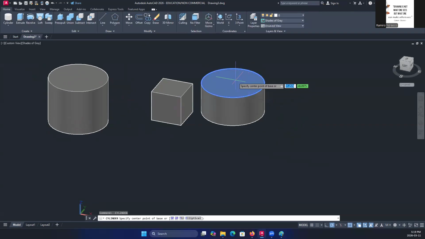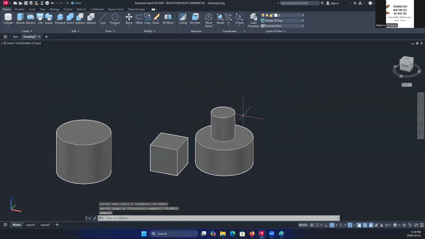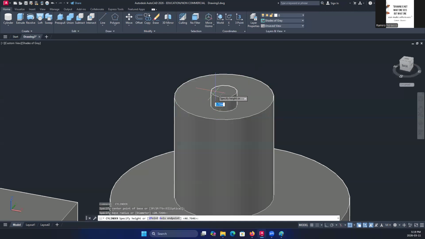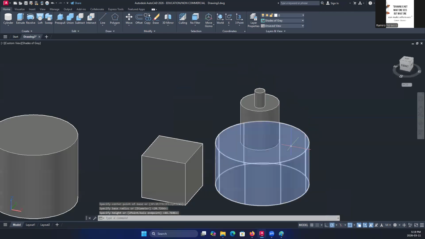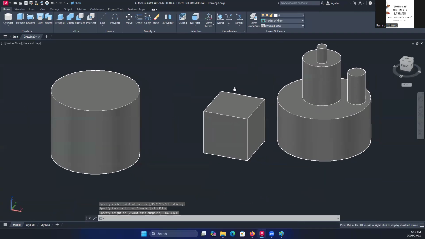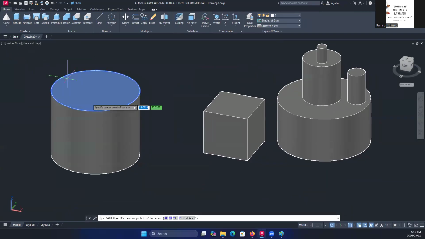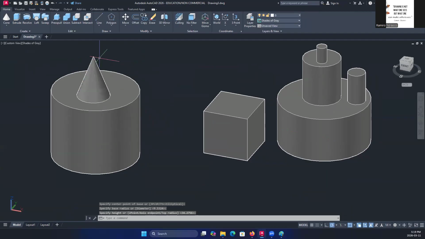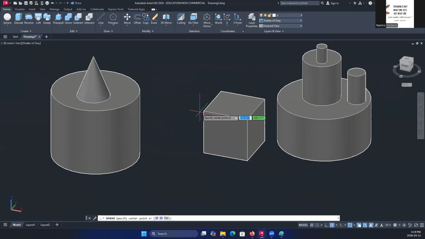You can also hover over a surface and you're able to draw on top of that, let's say a cylinder. Now, a cone could go up again to a certain height. A sphere can maybe start here.